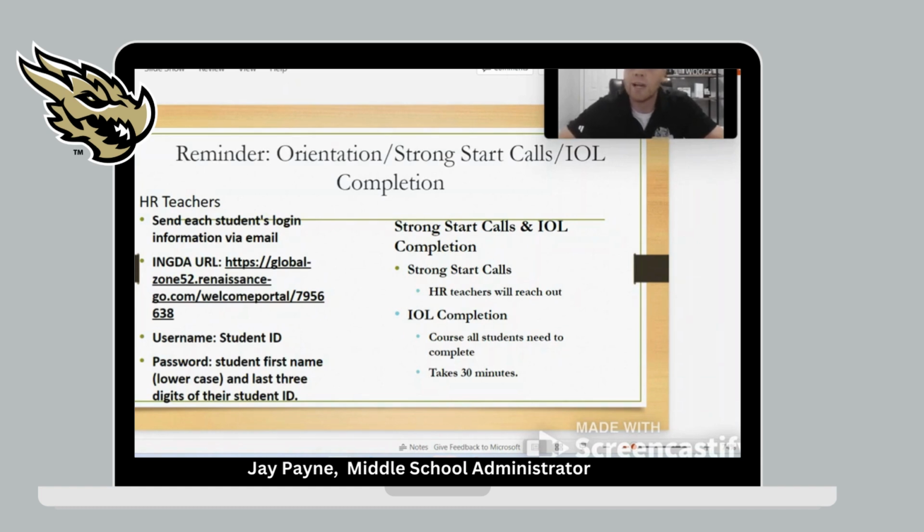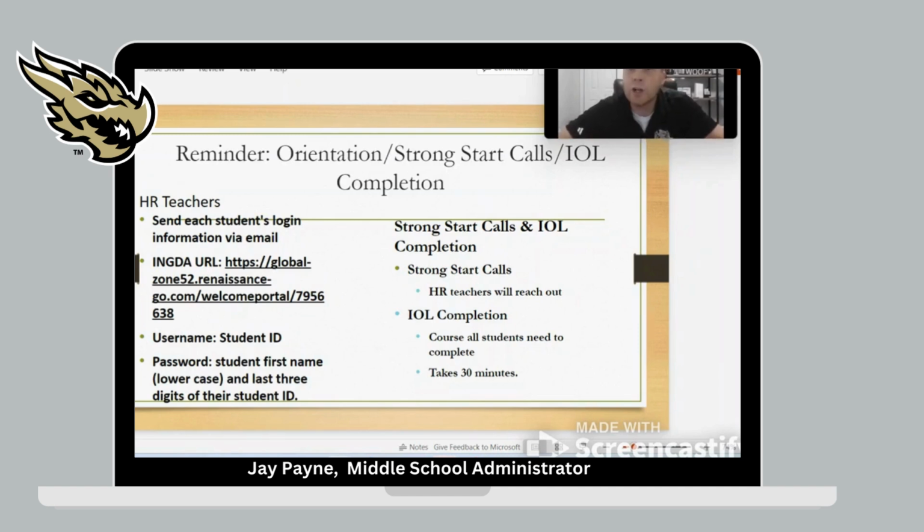It's a way for us to determine where you are academically at the beginning of the year, at the middle of the year, and then at the end of the year. So every student will be required to take this 3 times throughout the course of the year. And I know a lot of times those homeroom teachers are trying to make sure everybody gets that taken before the testing window closes. So if you have not done that yet, please reach out to that homeroom teacher and they will help assist you.